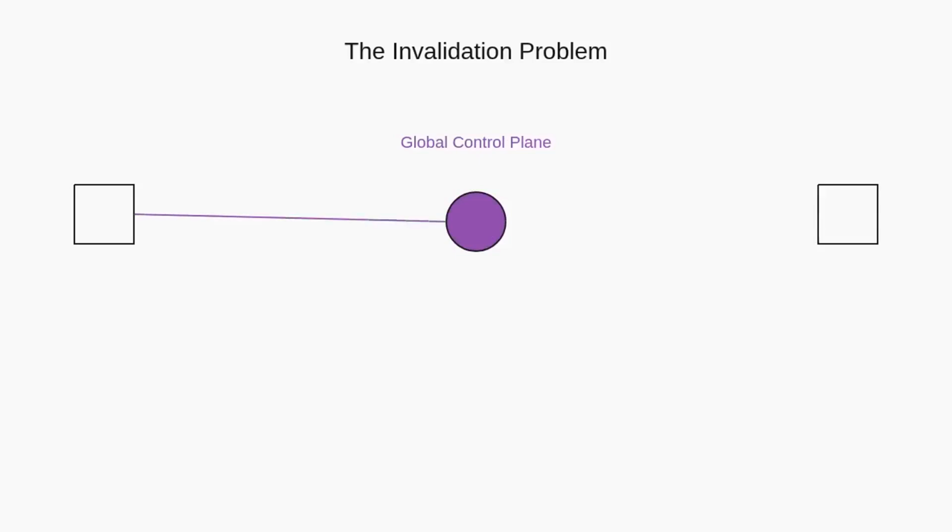Cache invalidation is famously one of the two hardest problems in computer science. When you update a product image on your site, you need every edge node in the world to delete the old version instantly. Modern CDNs use a global control plane to propagate purge commands. In the past, this could take minutes. Today, it takes milliseconds. CDNs use a variety of techniques, such as surrogate keys or tag-based purging, which allow you